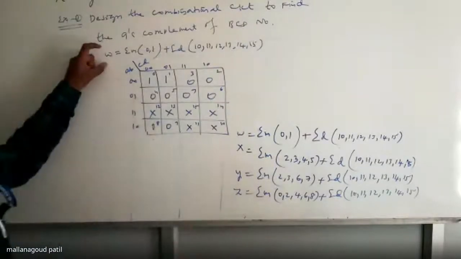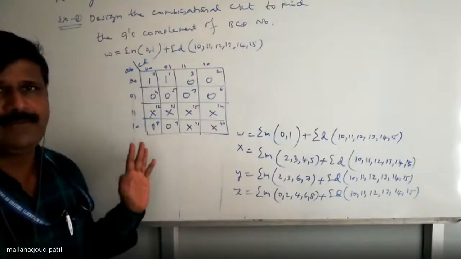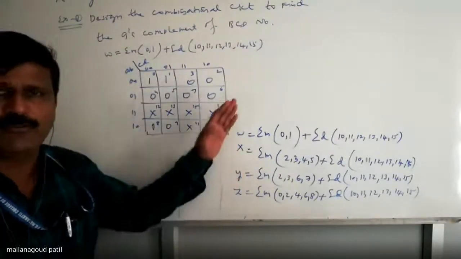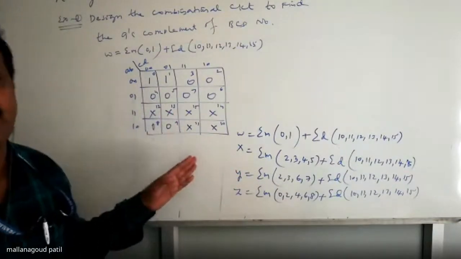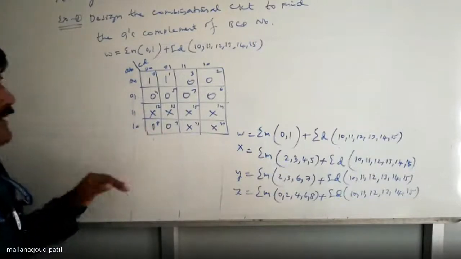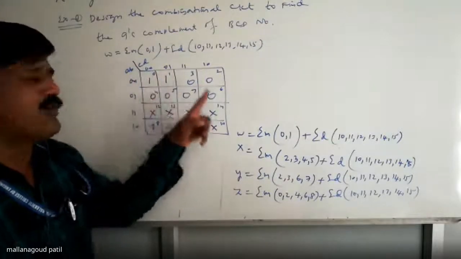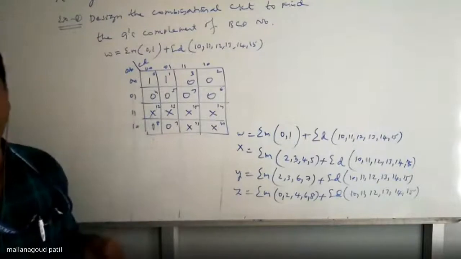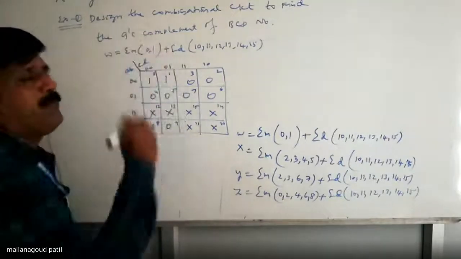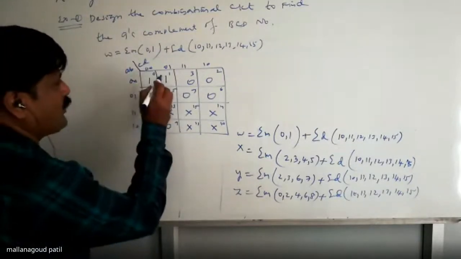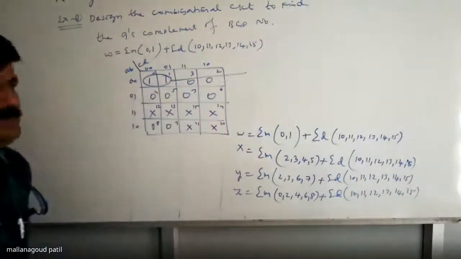Concentrate. W is the equation I brought in the K-map. What purpose? For minimization. W is the equation you got from the truth table, and it has to be put onto one method, the K-map method. Now you have to group. All 16 are ones, no. All 8 are ones, no. All 4 are ones, no. Then what to do? Group it with 4, because these two are X, then you can take for the 4 grouping. But here, only grouping of 2 is possible.